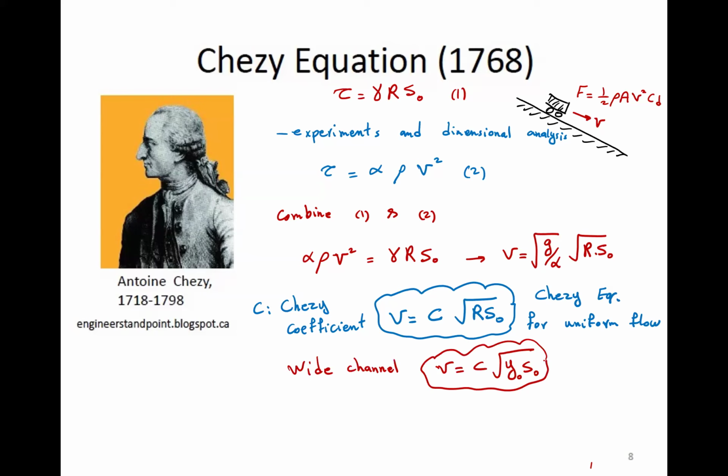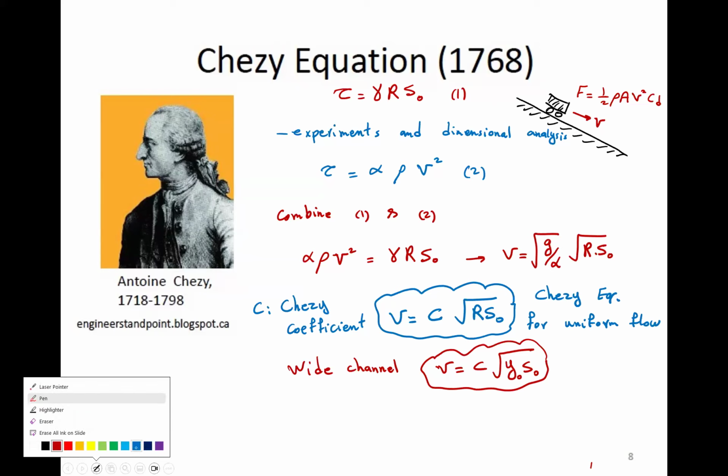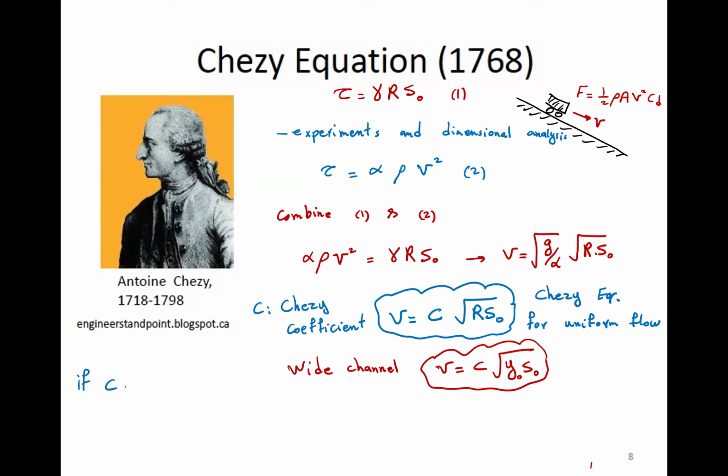Right? Now, one challenge with the Chezy equation was the fact that if you look at the equation, that C coefficient that we have, as it goes up, I'm going to write it here. If C goes up, then velocity will actually go up. That's why sometimes this C is really a kind of a smoothness coefficient. It's telling us how smooth the channel is,